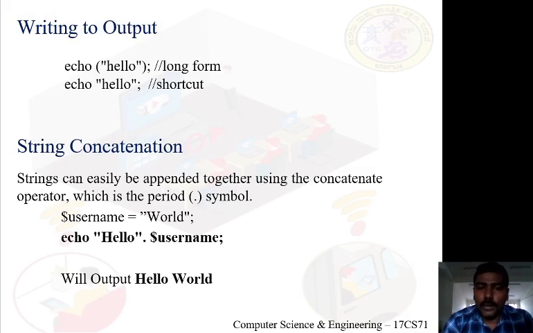Because username is a variable, as I said in the previous slide, I need to access it through the dollar sign. Clear? And what is this dot between hello and $username? Dot acts as string concatenation. Got it? So it concatenates the word hello with the value in username, that is world, and the result will be hello world. Clear?